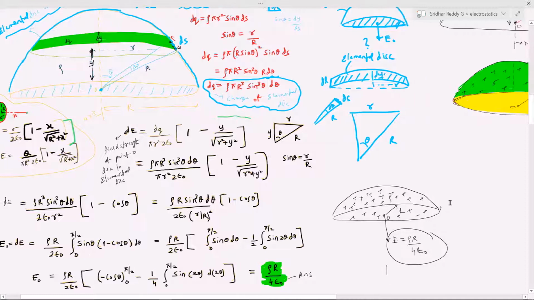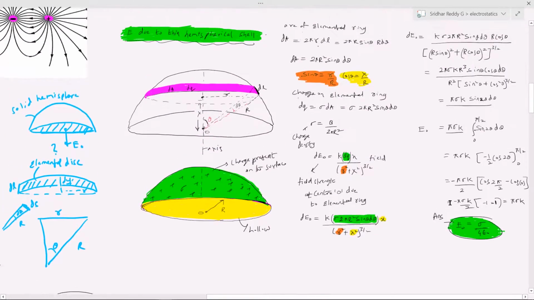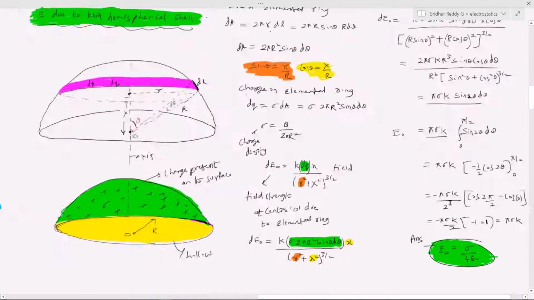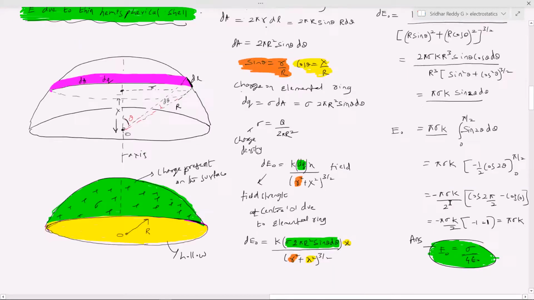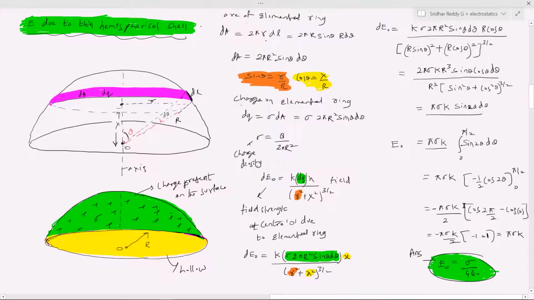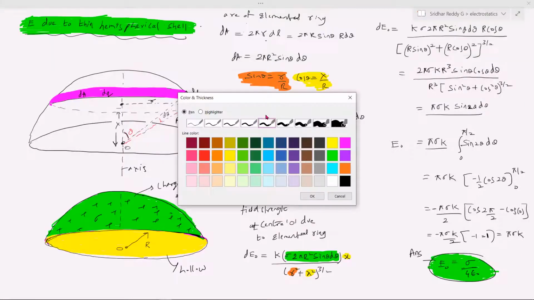Okay, similarly, we'll take another one. All these are simple, you already know the integration, no? So the application of those things is what we are going to take up. Okay, now the next one. I think I'll use the red color one.